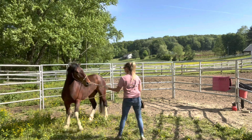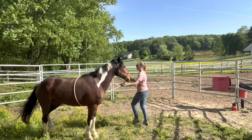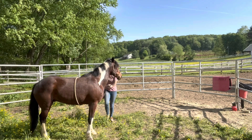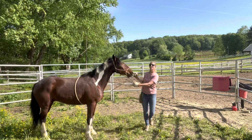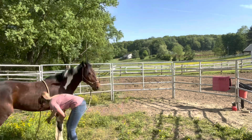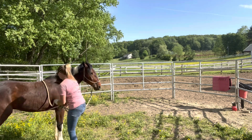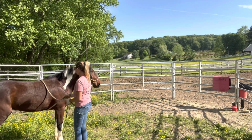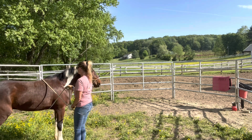Here I'm trying to get him to turn and give a little bit to the pressure, and there he gives. And again, just moving the rope. You can see it touching his belly all over the place. And then, kind of having him give to the pressure on his belly instead of on his head or his face. So then here we kind of switch directions and do it all on the opposite side,